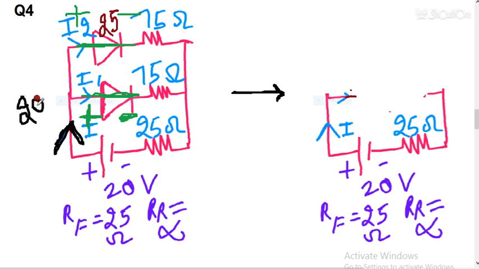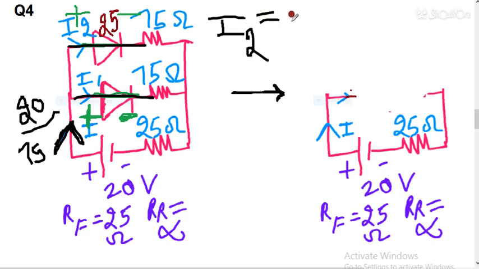Students, these two circuits are the same. Further you can see this circuit is the same because it also has 100 ohm resistance. This line also has 100 ohm resistance. So if resistance is the same, then current will be divided equally. That means I2 current is equal to half of total current. So I2 is equal to I1. I1 and I2 have the same values.